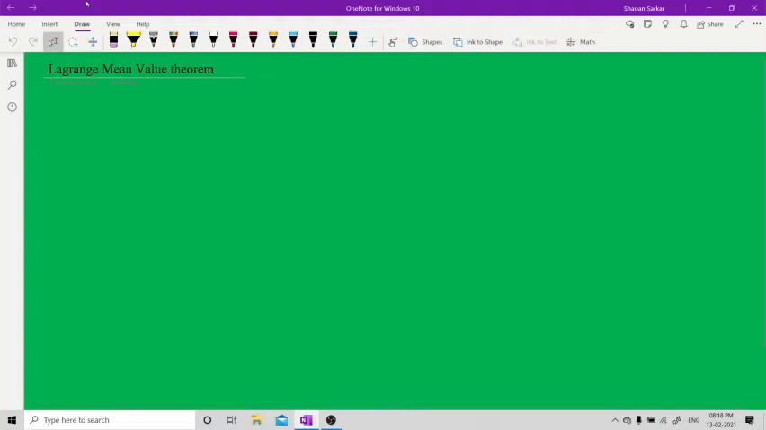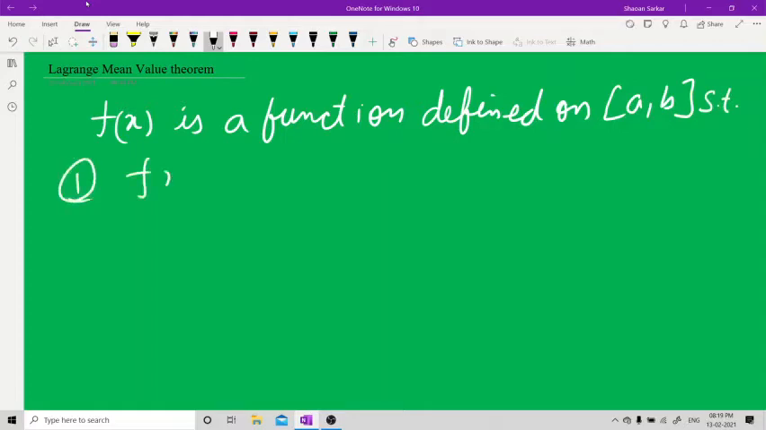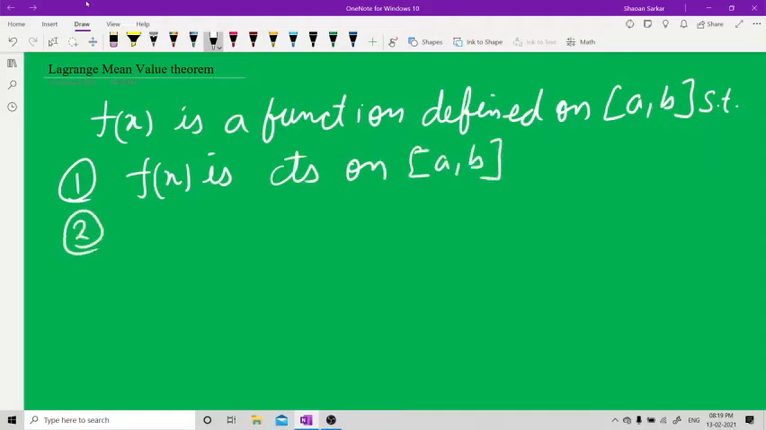Lagrange mean value theorem. This we need to do without proof. The statement is: f(x) is a function defined on the closed interval [a, b] such that, one, f(x) is continuous on the closed interval [a, b]. Second, f'(x) is